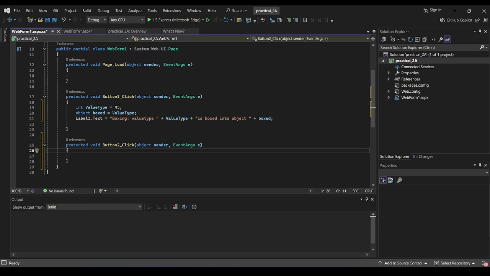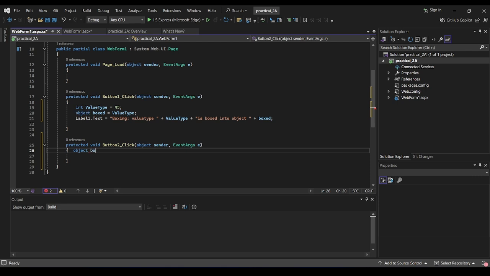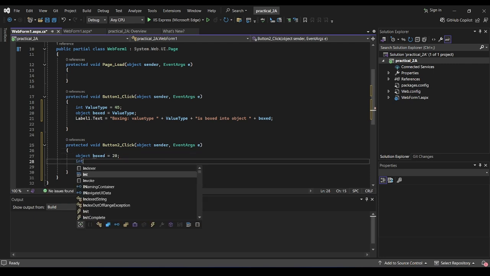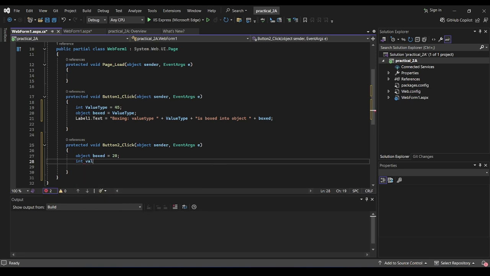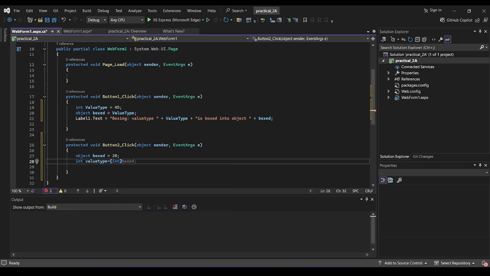After that we will write the code for unboxing. Object. We give this variable name as box and store value 20 in value type. This is used for converting